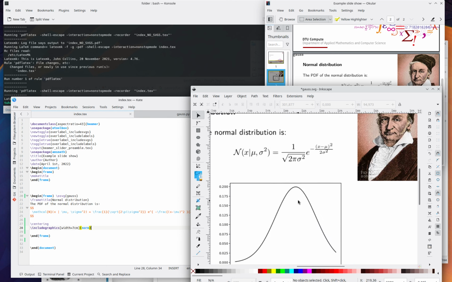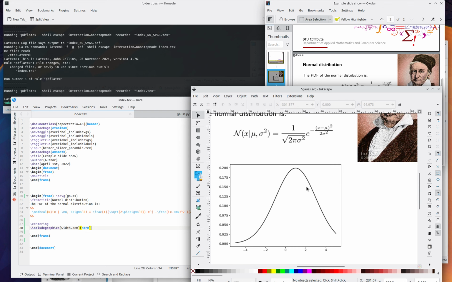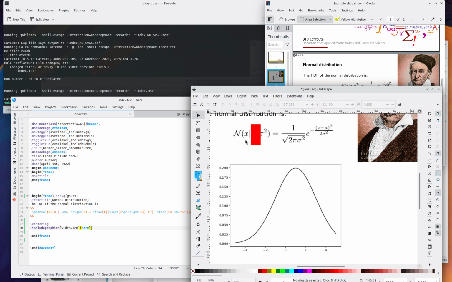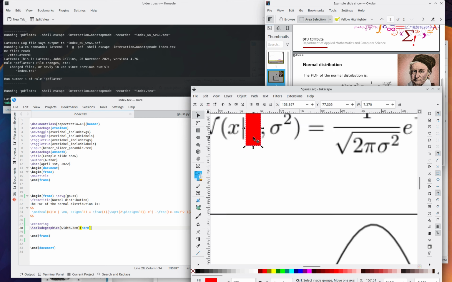And now I want to highlight, indicate where the mean is on this figure. So let me just do that. So this is the kind of thing that this is really good at, because these kinds of changes are just so annoying to do with packages and all kinds of crap. So I'm just going to zoom in here,